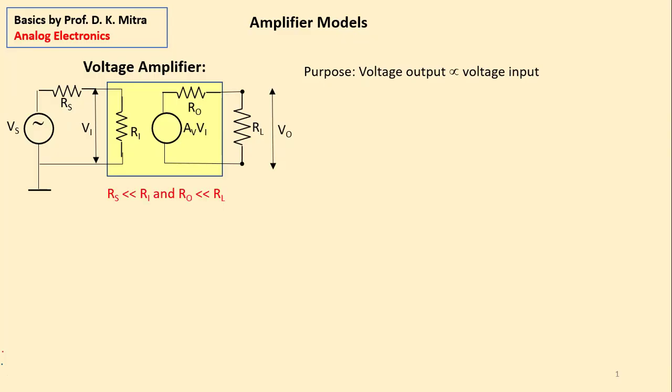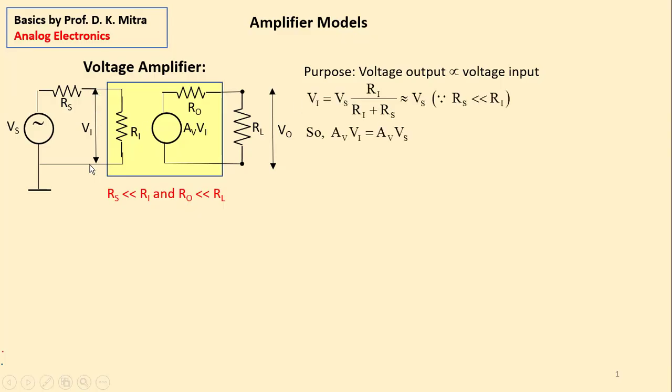One basic law: source resistance RS must be much smaller than the input resistance of the voltage amplifier. This is number one. And number two, the output resistance of the amplifier, rather source resistance of the amplifier, must be much, much smaller than the load resistance. These are the two basic requirements. Now, if you can design a circuit like this, then you see here